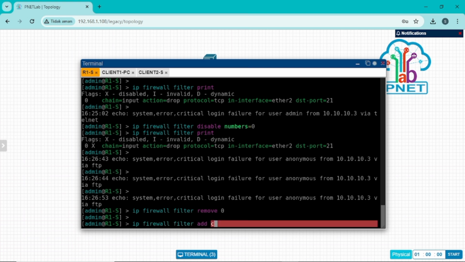Next, create two firewall filter rules with action accept and destination port 8291. After that, action drop and in interface enter 2, with the following command.